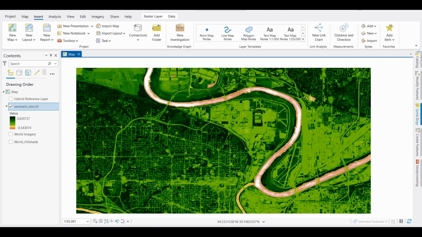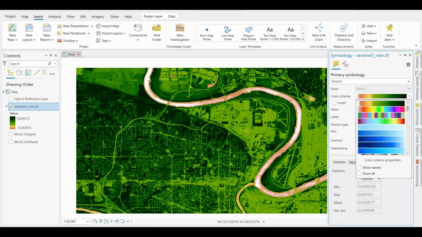Now if we go to Symbology again, select color scheme and show names, we will find the color scheme that